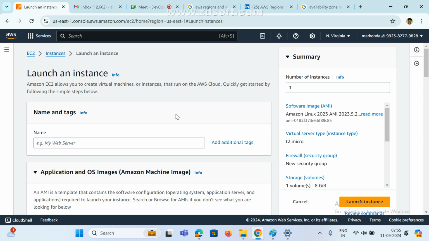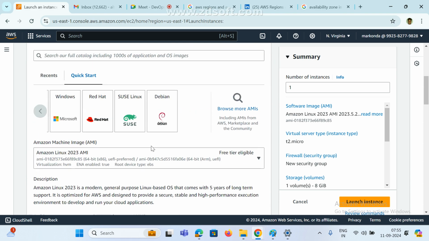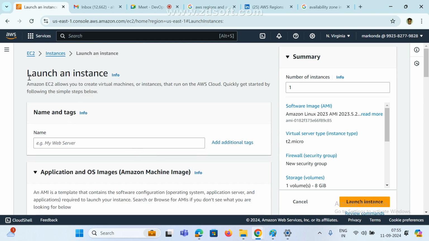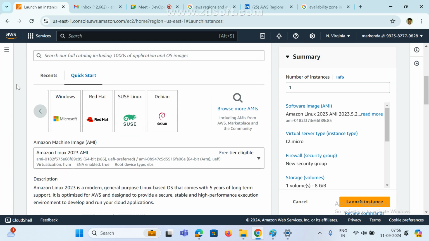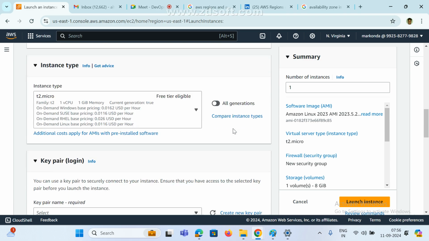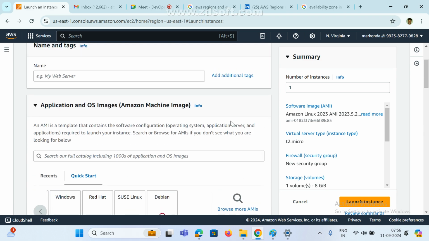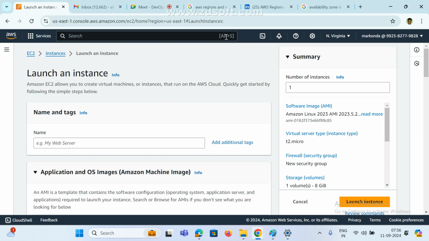AWS people. That is the cloud, right? Like a hotel. Everything they will take care of. You don't worry. What you want, just order. Same way, whatever service you want, we are going to use. Some services are free, for some services we need to pay. That's it. Anyway, next class we'll see.